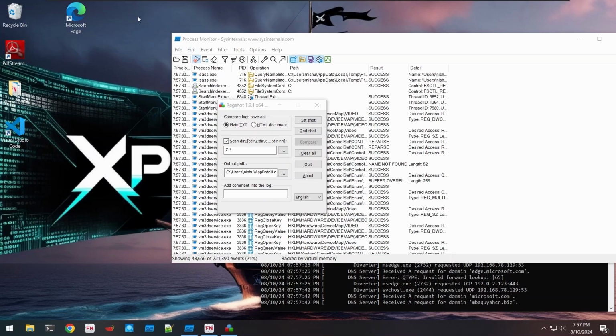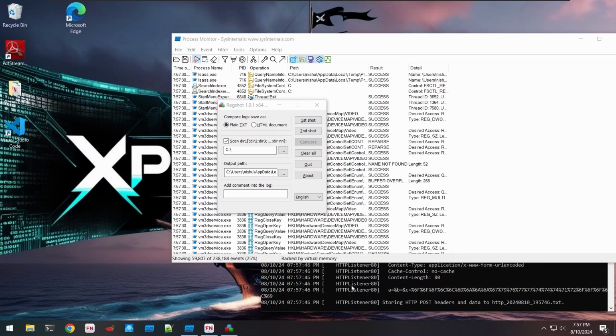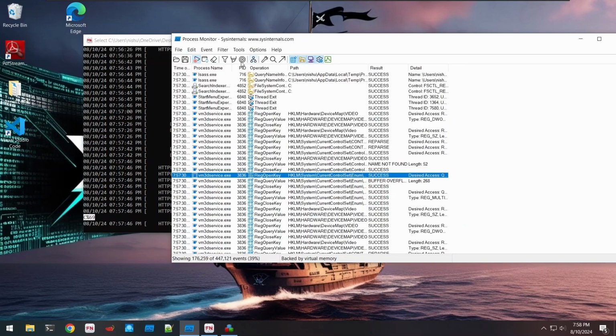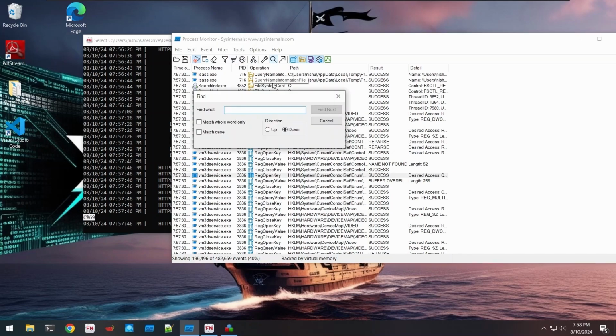Just after launching the malware, it has deleted itself and made a POST request to a host at port 80, and the connection is set to close, which means this is just sending the data and it is not hoping to receive any data. The content length is 80, and this is the content, which is encoded. As you can see in the Process Monitor, we can simply filter